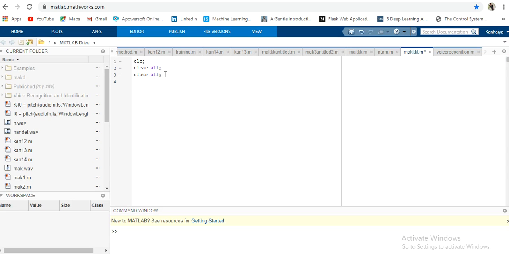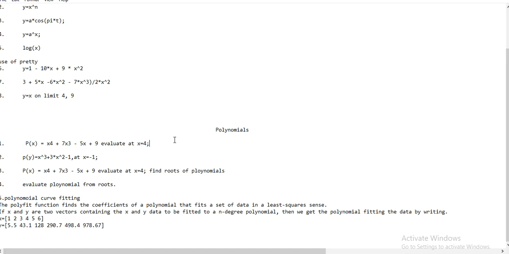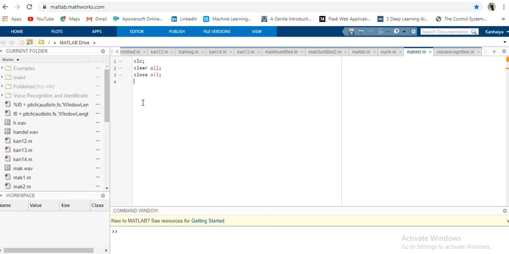Hope you are solving with me always, and try to solve the problem on your own also. So the first problem is given, p(x) equal to x to the power 4. Let me copy and paste it there. Yeah, this is the problem, x to the power 4. And never forget to put the multiplication sign wherever it is needed, because MATLAB will not know if you are using multiplication. It will throw an error. Suppose this is our p.